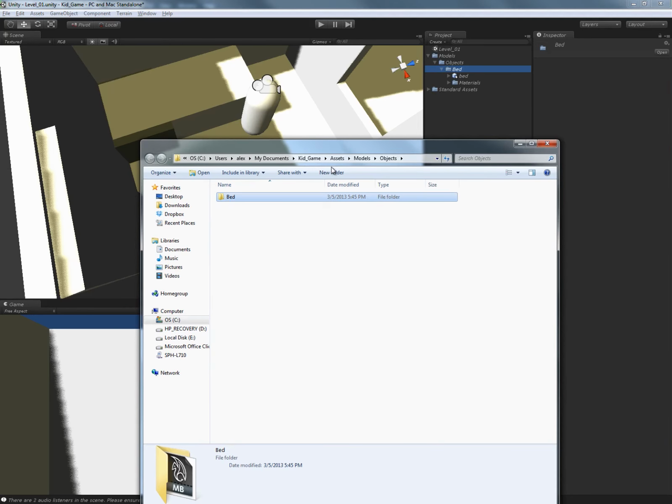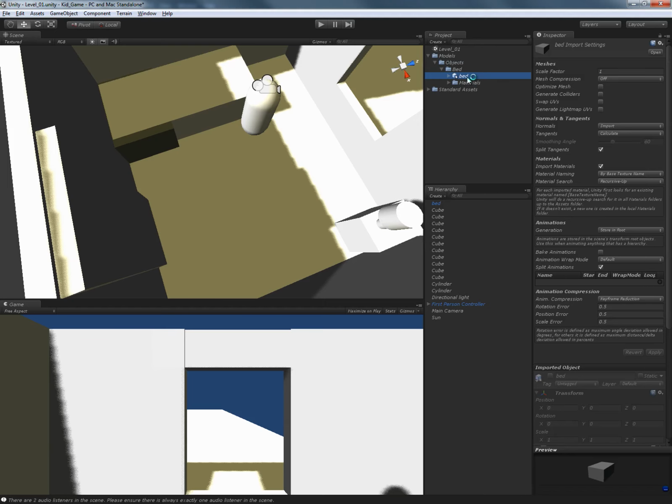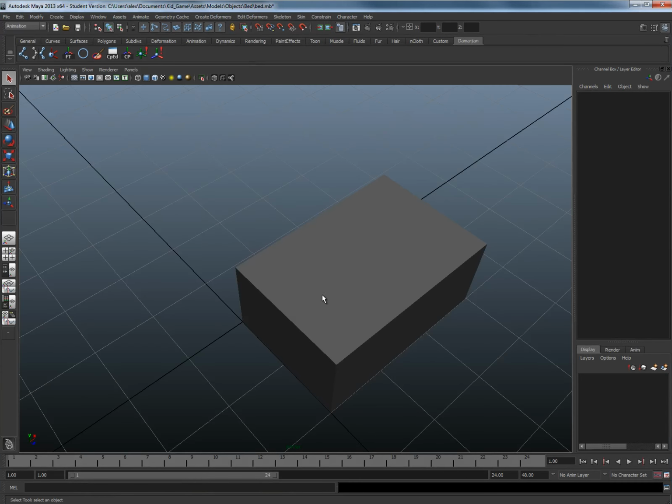What it does is, when I right-clicked and I created a folder, it actually created a physical folder in my hard drive. And then when I went into that bed folder, you'll notice there's the copy of that bed Maya file. So when I double-click this here, it's going to actually open a fresh copy of Maya with that bed. And this is linked to the file that we're opening in Maya. So for example,